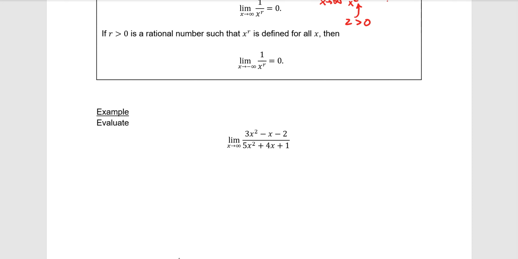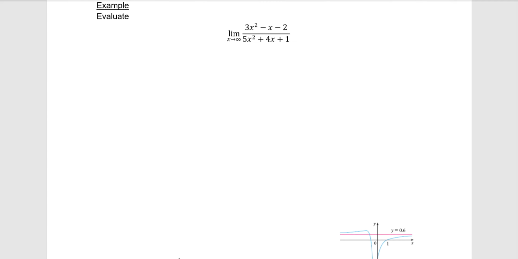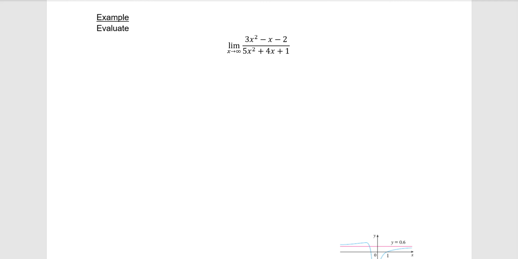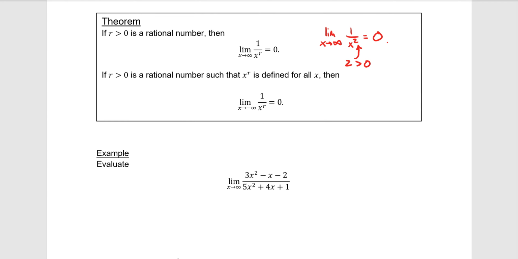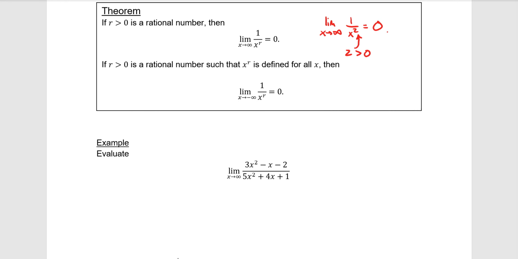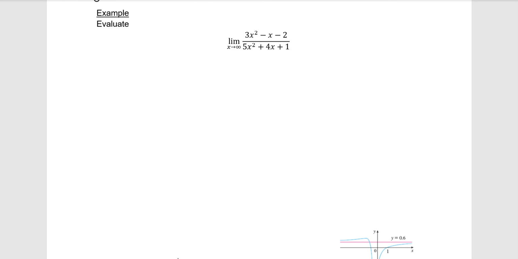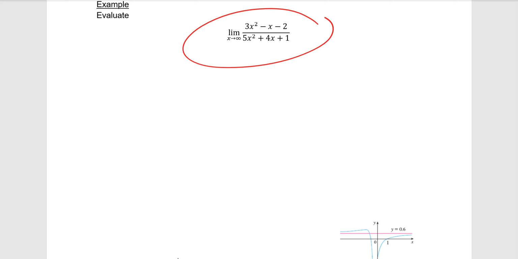So let's see an example here and how we tackle these harder ones. Let's say we want to evaluate the limit as x goes to infinity of 3x squared minus x minus 2 over 5x squared plus 4x plus 1. Notice we can't just skip to using this theorem that we just learned right away because it's not written in that form. So what we have to do if we're given a nice little, in this case, rational expression,